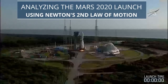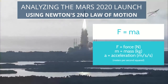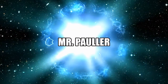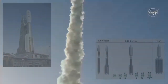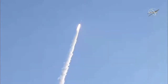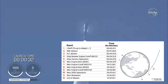This video will present data from the launch of the Mars 2020 mission, which can be analyzed to understand how Newton's second law of motion describes the mathematical relationships that exist between force, mass, and acceleration. The Mars 2020 mission launch vehicle was an Atlas V541 rocket supplied by United Launch Alliance. The launch took place on July 30th, 2020, beginning a 7-month voyage that will bring the Perseverance rover and Ingenuity helicopter to Mars. The goal of this video is to provide a summary of the main events that took place